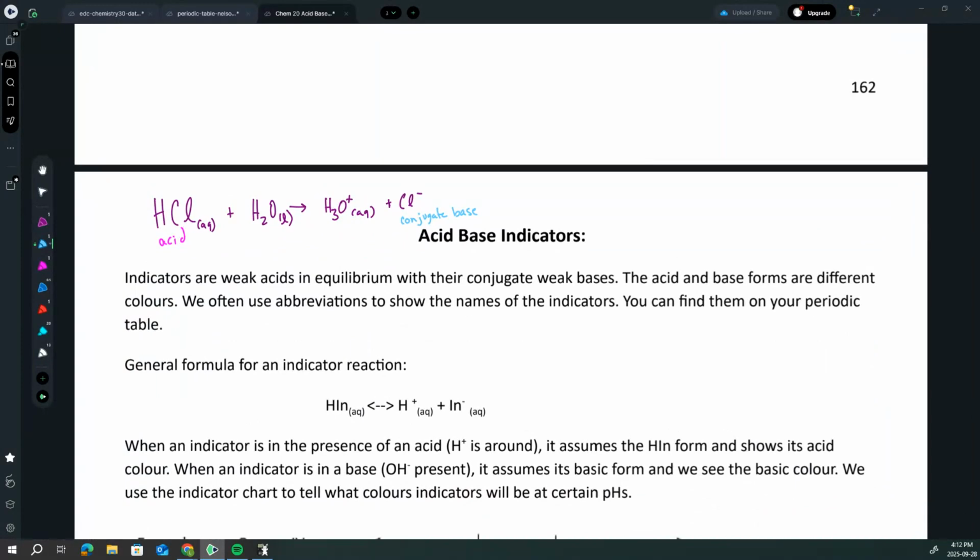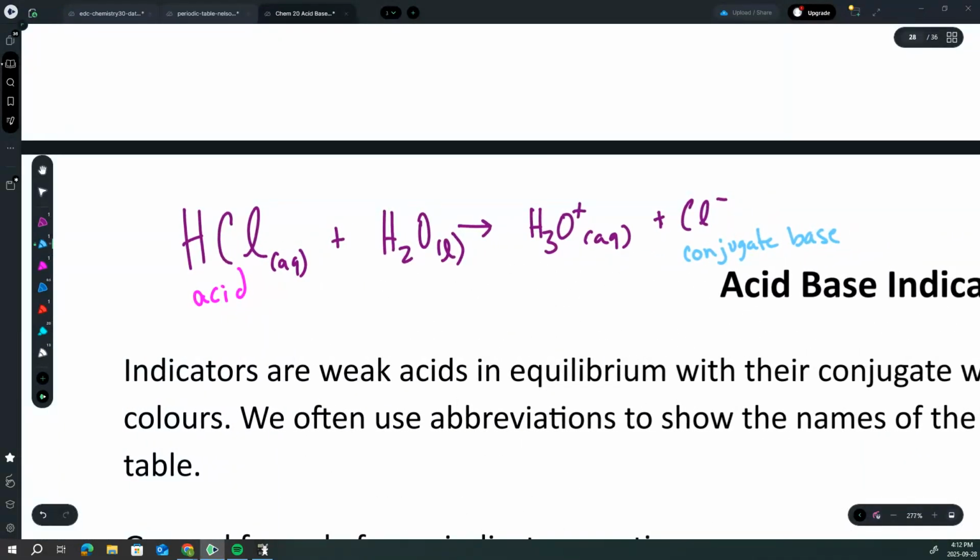The acid and base form different colors. Essentially, going back to this example, it's not perfect because hydrochloric acid and chloride ions don't have two different colors. But essentially what they're saying is the acid form is one color. Color-wise, let's say it's pink. It's not pink in reality, but let's just say. And they're saying the conjugate base of the indicator is some other color. So let's say blue. That's not actually what's happening here, but I'm just trying to make this